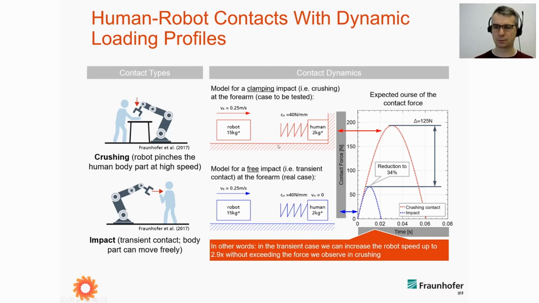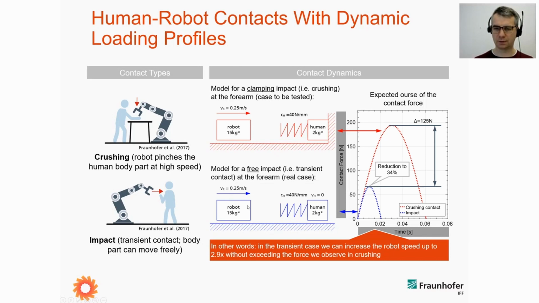Then for the case of contact at the lower body, I guess it's a forearm. Here it's a forearm. You can assume a stiffness of 40 newtons per millimeter. We will receive the red curve seen here on the right, plotted on this diagram. And for the free impact, meaning that we don't have any special constraints, drawn in blue at the bottom of the slide, we will observe a completely different contact force plotted over time, depicted by the